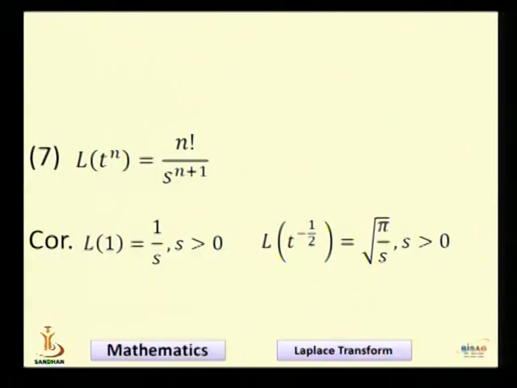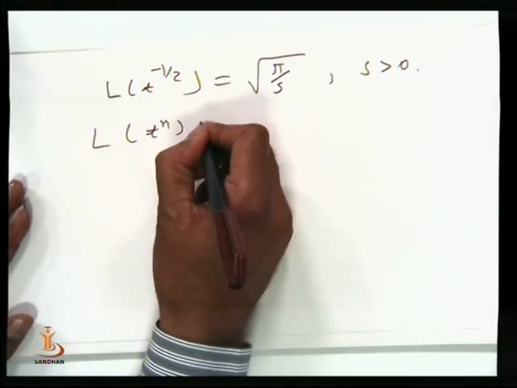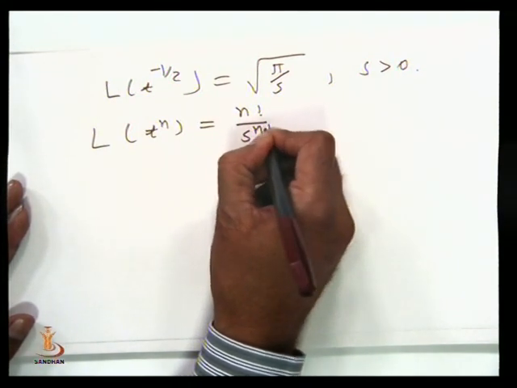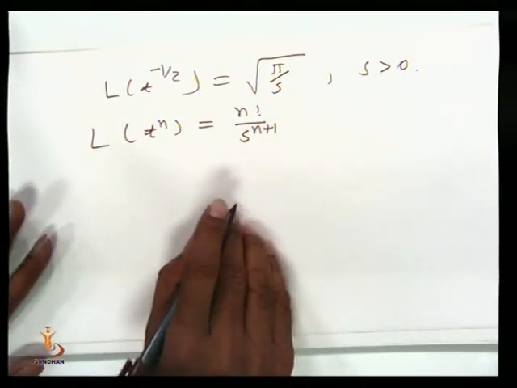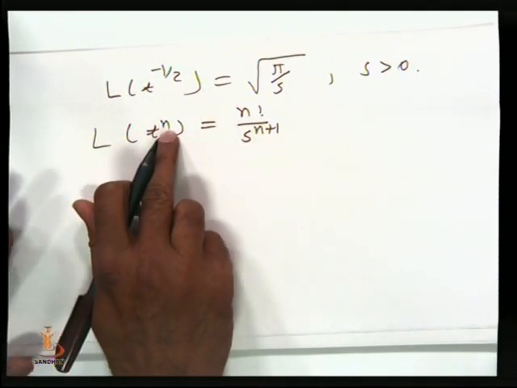Now we derive the next formula, Laplace of t raised to minus 1 half equal to square root of pi upon s, where s is greater than 0. Again, to obtain this corollary, we use our formula Laplace of t raised to n equal to n factorial upon s raised to n plus 1. To obtain Laplace of t raised to minus 1 half, we just have to take n equal to